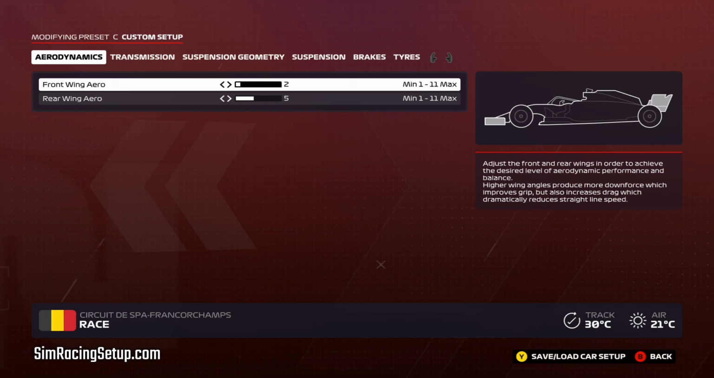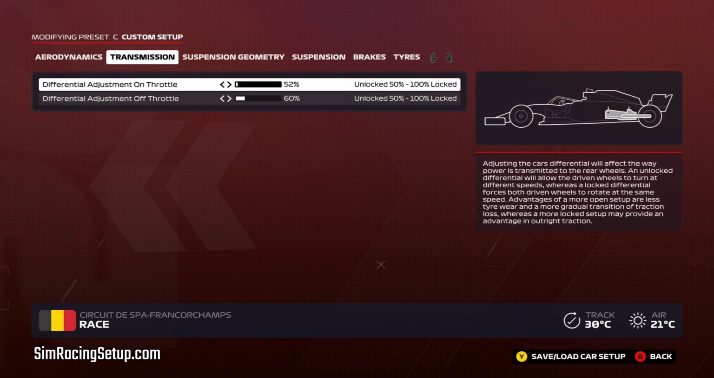through the faster corners. For your differential setup, go 52% on throttle diff to give you great stability on corner exit, and set your off throttle diff to 60%. With the more open off throttle diff, you'll achieve better rotation on corner entry, helping get your front end turned